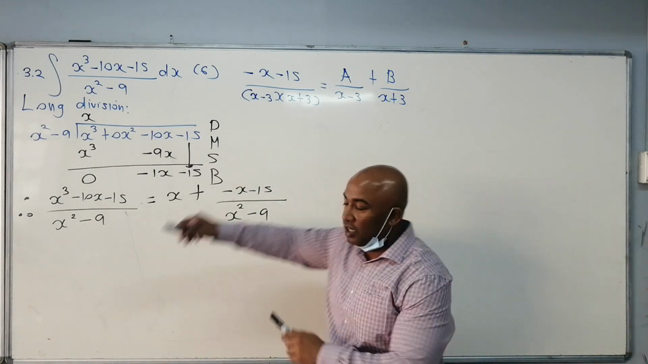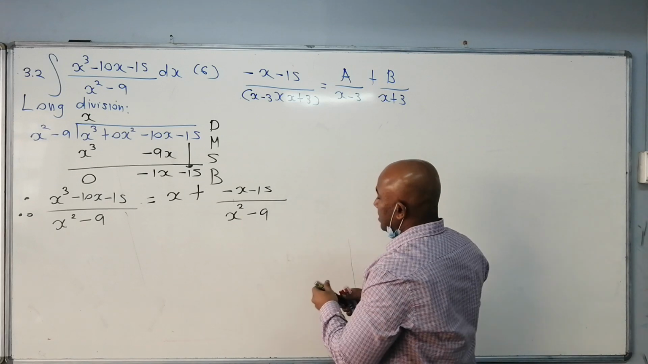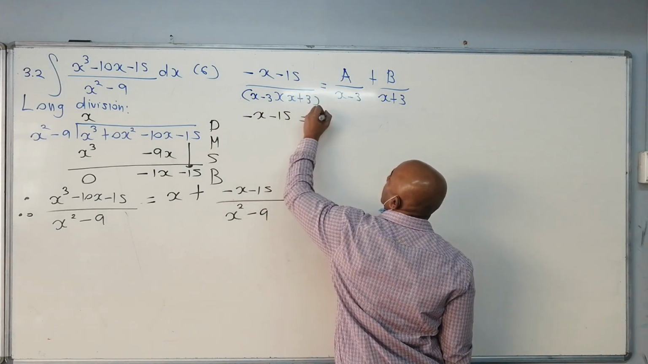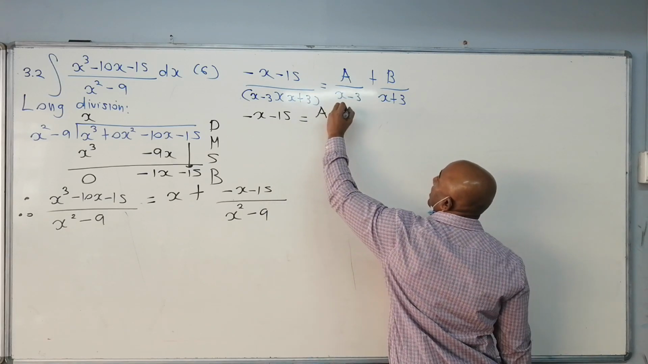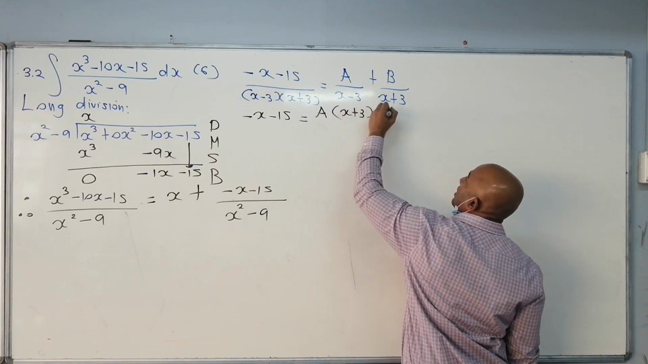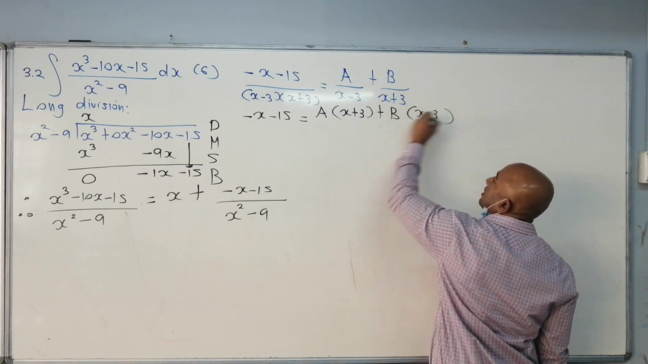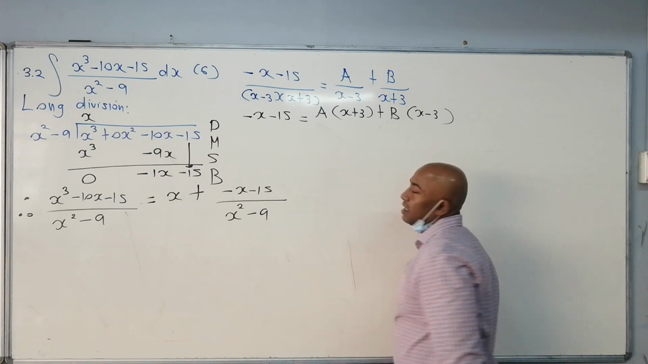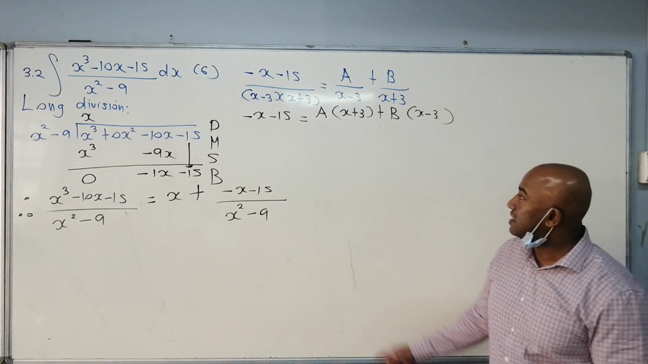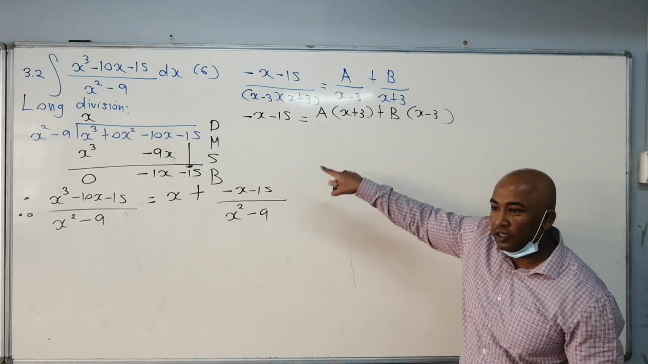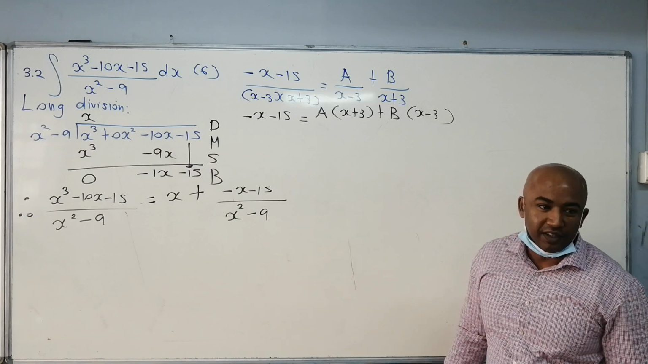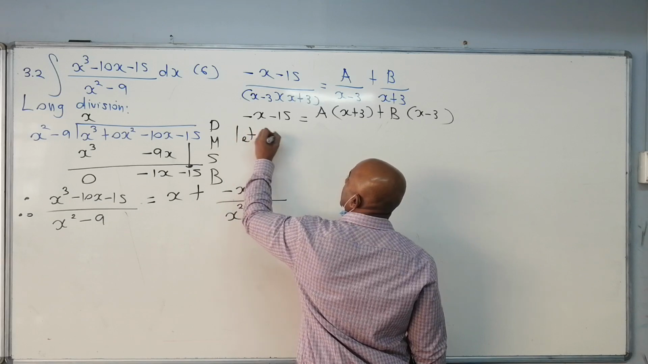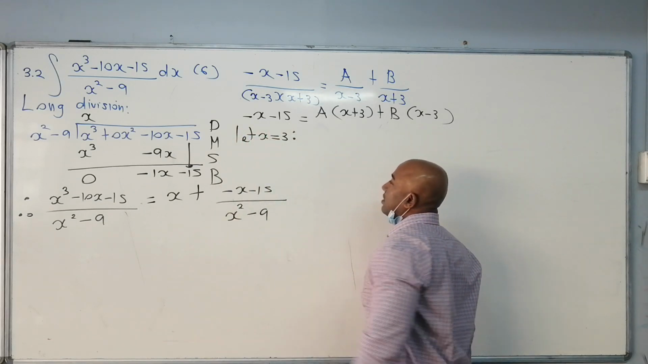What do I do next? Multiply by the factorized denominator on both sides. So I have minus x minus 15 is equal to A multiplied by x plus 3, plus B multiplied by x minus 3. Okay. So I'm going to use substitution. You can see I can substitute 3 and I can also substitute negative 3. So if I let x equal to 3 for the first time,